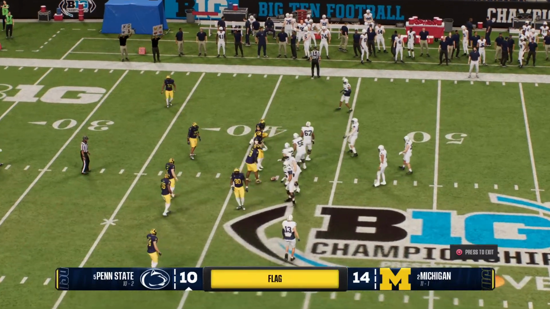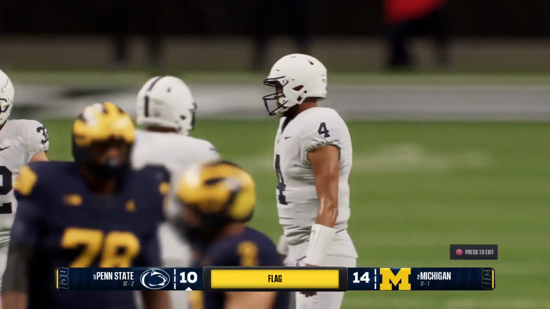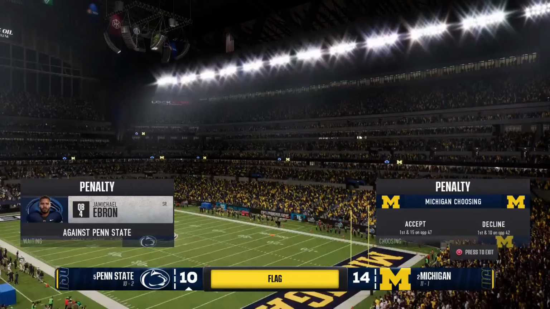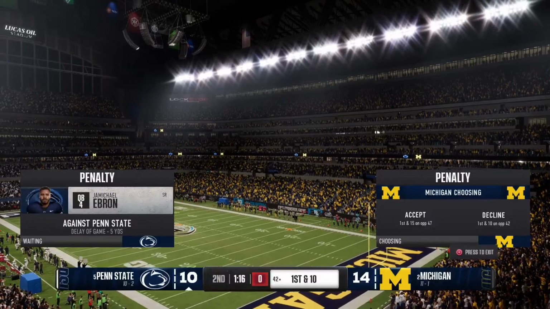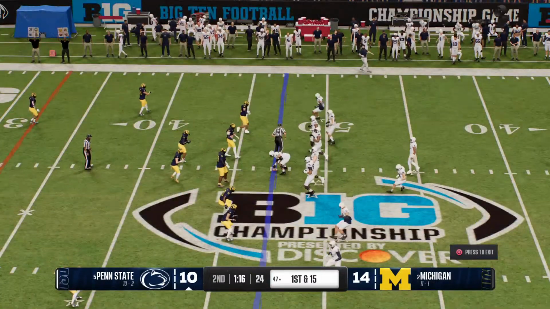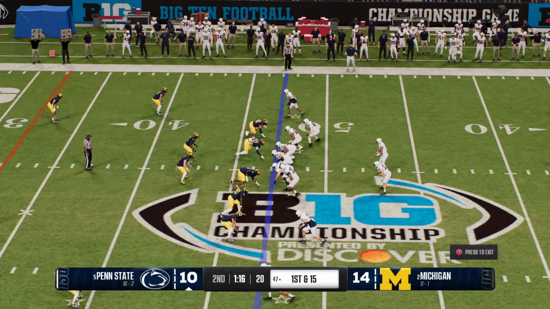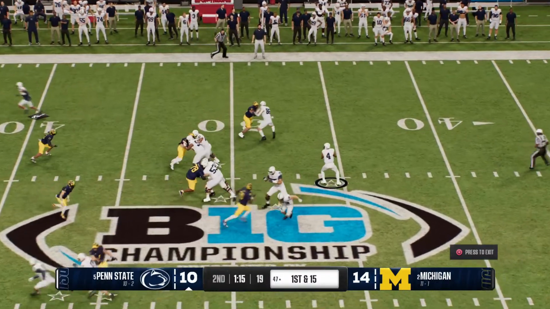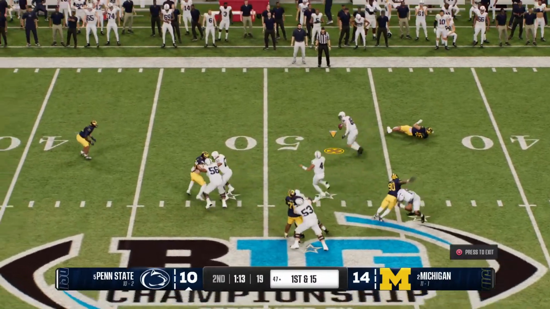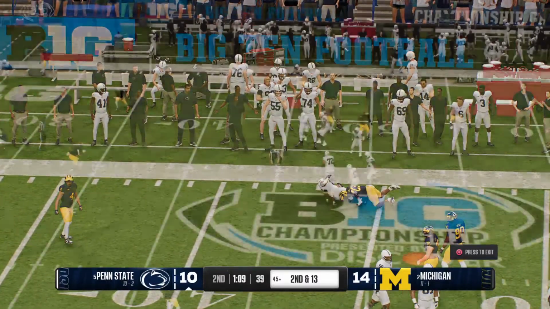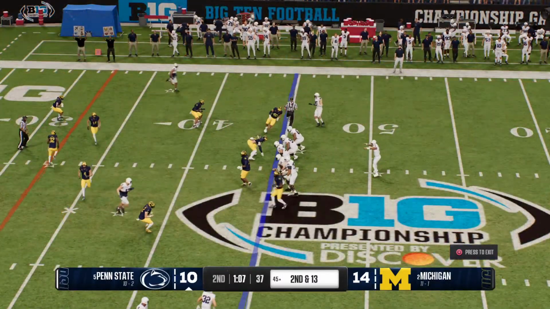Didn't quite get the play off in time. It'll be delay of game. Delay of game. Offense. Quarterback unaware of the play clock. That'll cost them 5. Penalty makes it 1st and long. Drops back from the shotgun, looking for an open man. It's a quick shovel pass. But a huge collision. Blow delivered there by the linebacker.